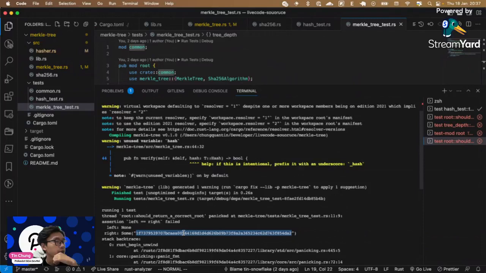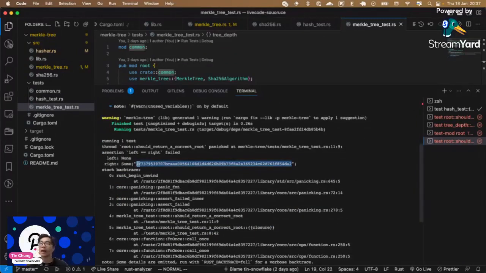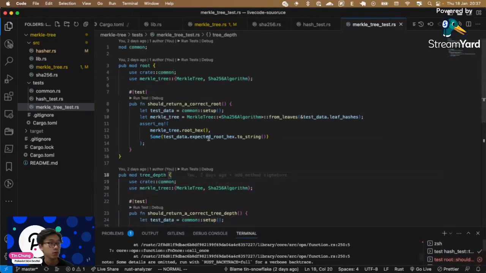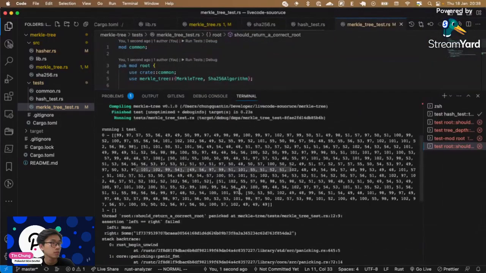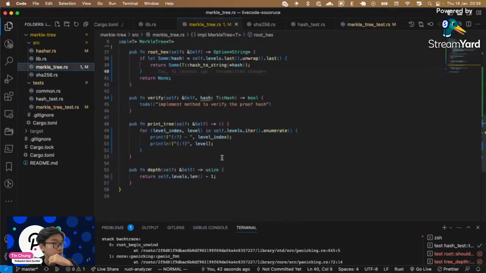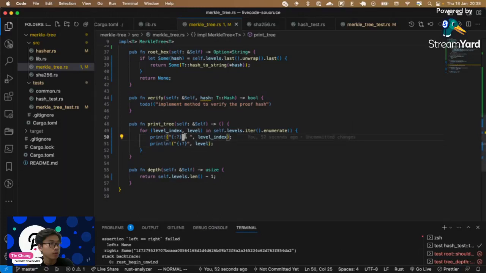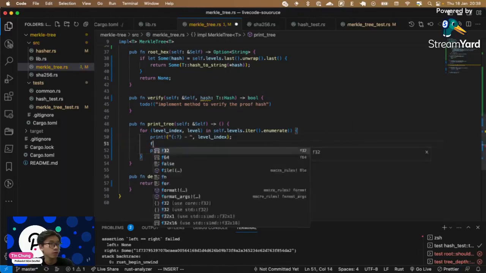All right. Seems like we have a bug here. Our left, no, it just returns a none instead of a correct hash. So what should we do? Because we have a method to print tree, so we just print it out. Oh, I should have printed it in the string instead of the whole text. So each level is a vector, right? So we go for